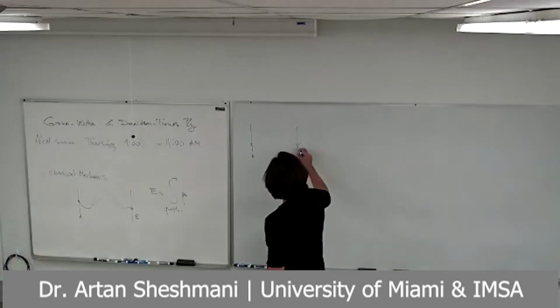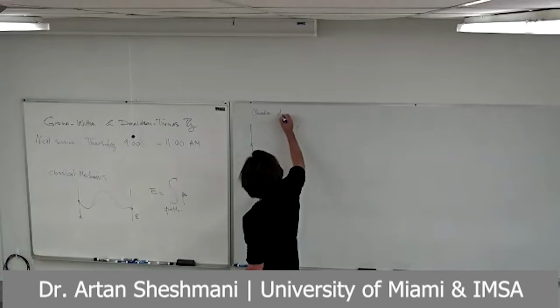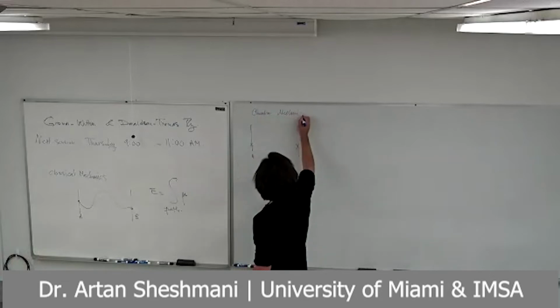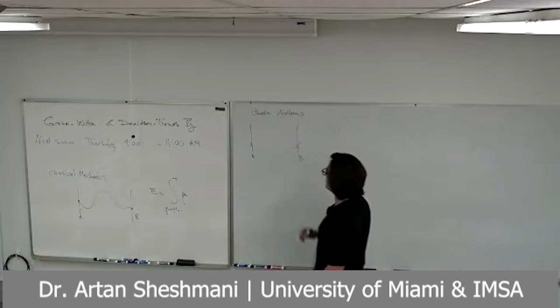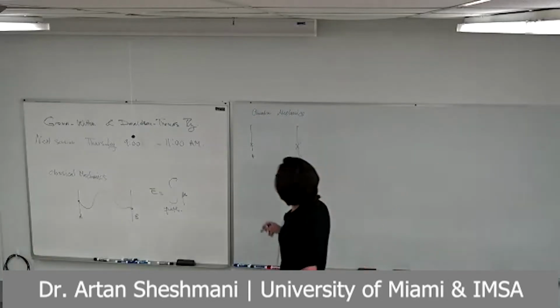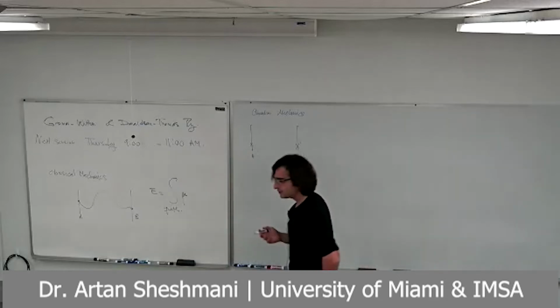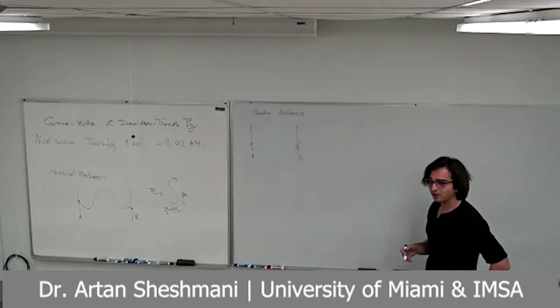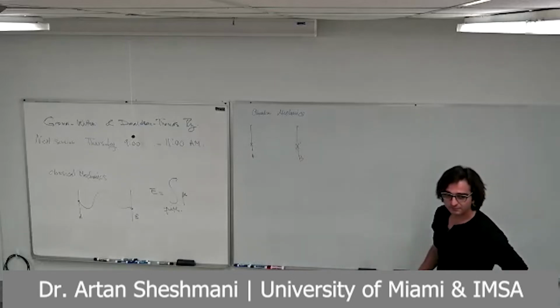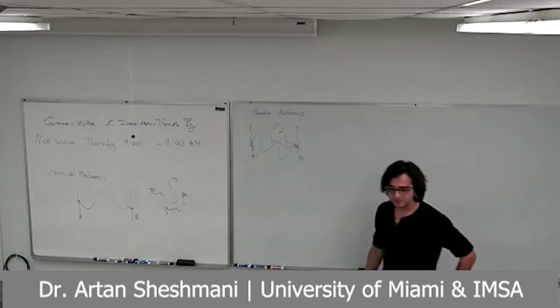So in quantum mechanics, you go from some state to another state. And again, you would like to calculate energy of the system. The point, though, is that in quantum mechanics, you cannot necessarily tell which paths the particles take. So a particle going from A to B might go along many possible paths.